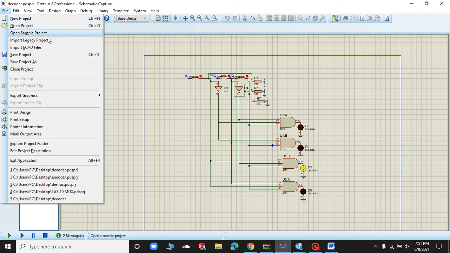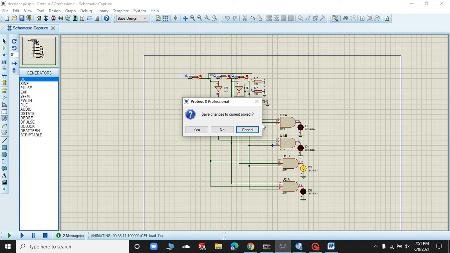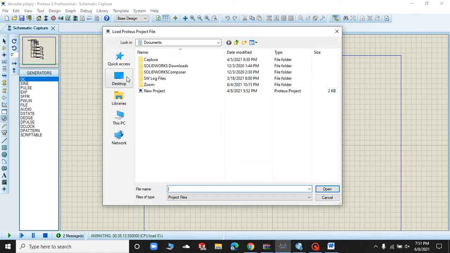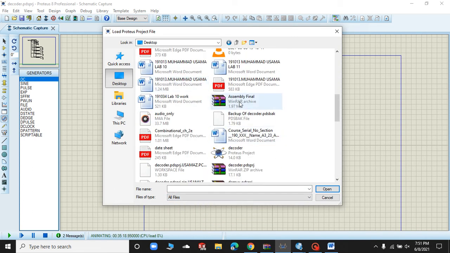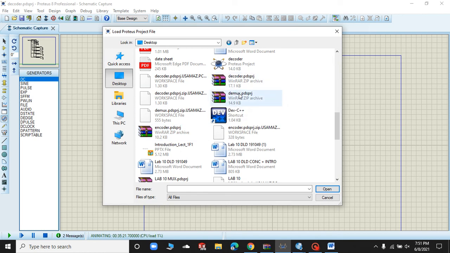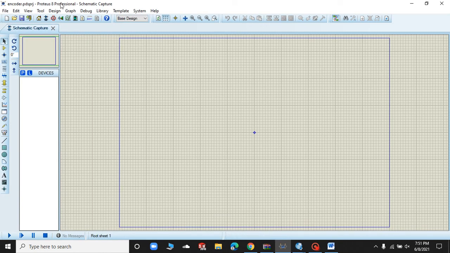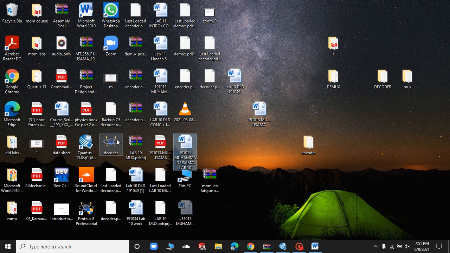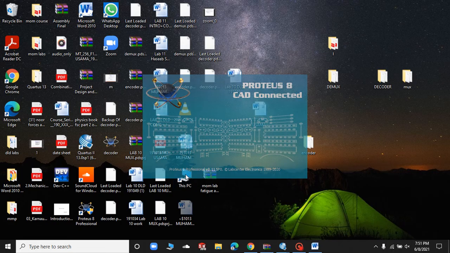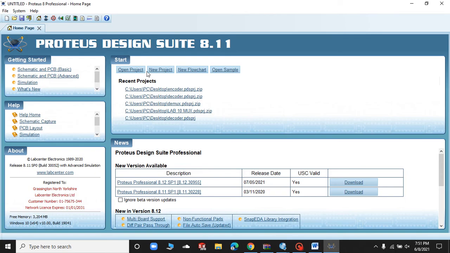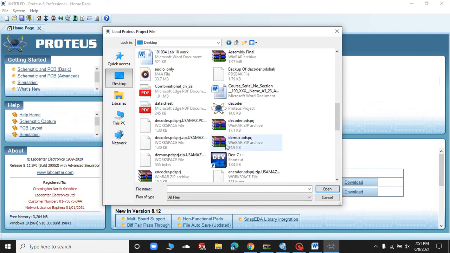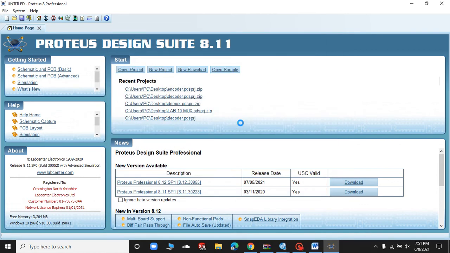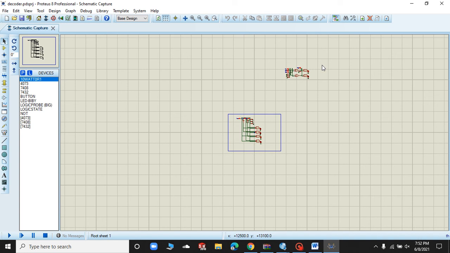I will click on open project, click yes, okay, and go to the desktop, the project files and all files, and open the decoder. So this is the decoder and this is the encoder.